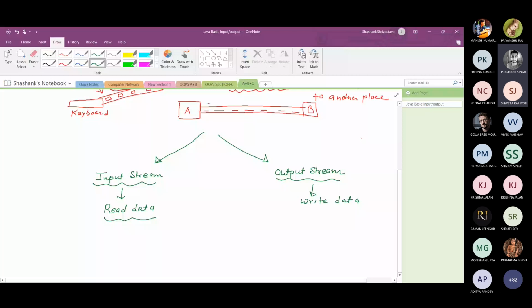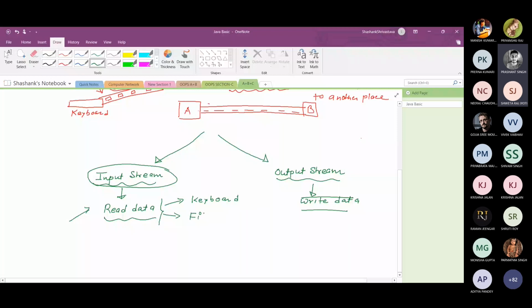For today's session, we will only discuss reading the data. And reading the data from where? Reading the data from the keyboard. With the help of input streams, we can read the data from the keyboard. We can read the data from a file.